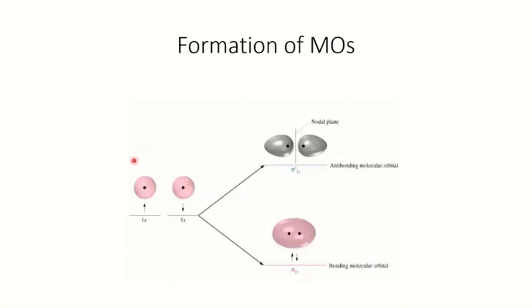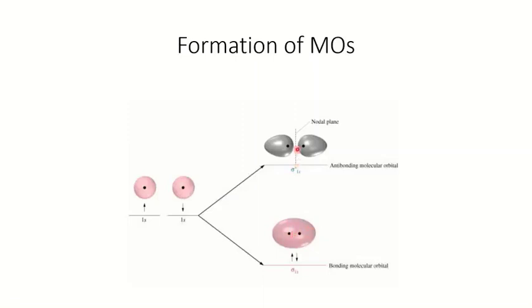Let us consider the pictorial representation of the molecular orbital formation by combination of two 1s atomic orbitals of hydrogen. So these two 1s orbitals combine to form two molecular orbitals. That is, one is sigma, the other one is sigma star. This is the bonding molecular orbital and this is the anti-bonding molecular orbital. See the bonding molecular orbital. The orbital comprises the whole molecule. It's not just confined to the middle of the two nuclei.